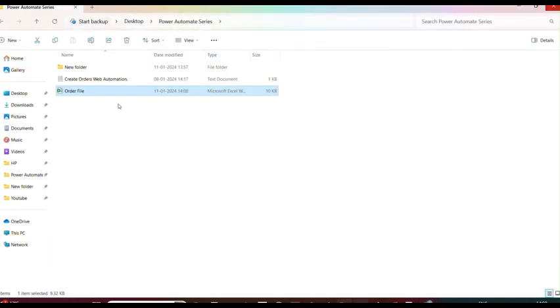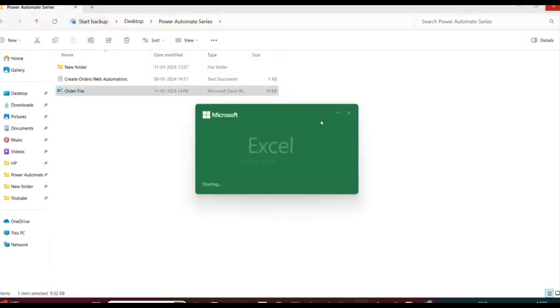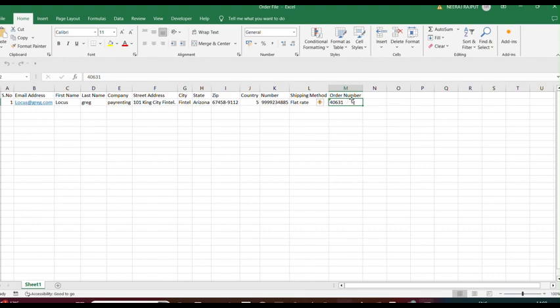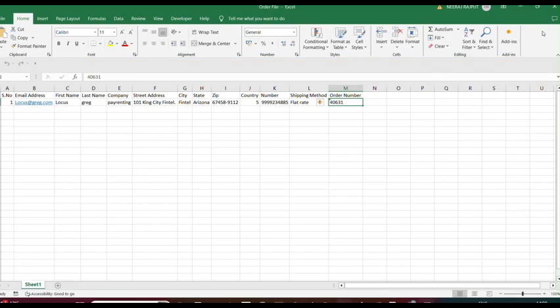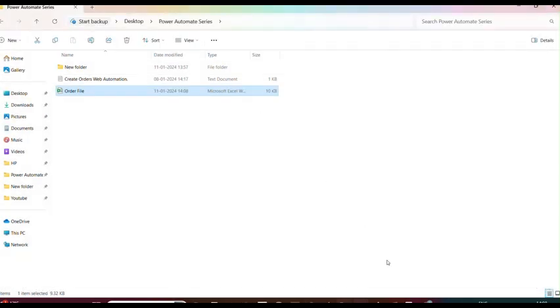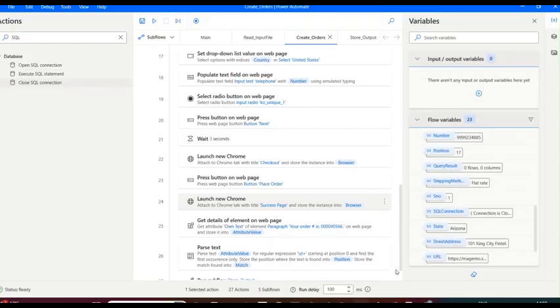Okay, I think it's just completed. See the output, 40631, and let's compare, the output is 40631. That is okay, and we are good. Let's save this file,